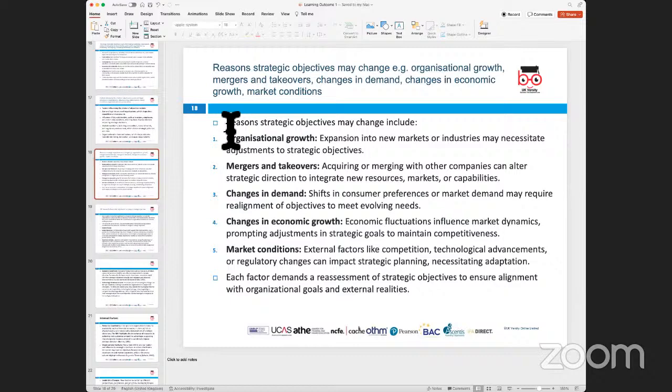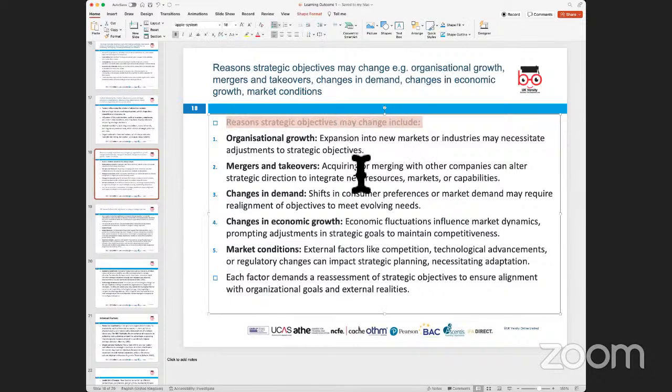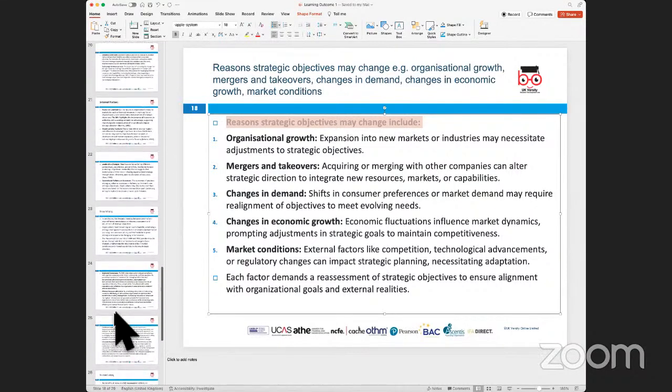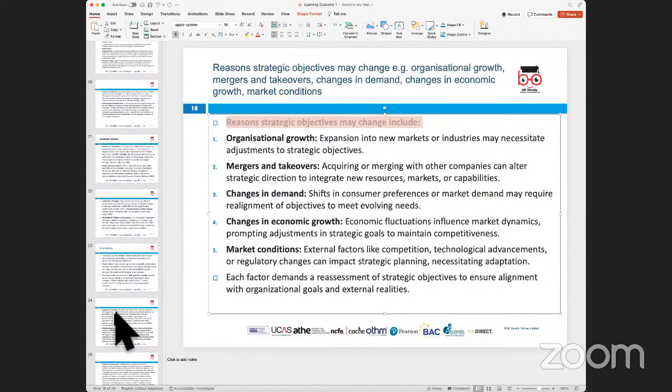Now, some of the reasons why some of these organizations are set up is what we need to cover in the merit assessment criteria, which primarily talks about assessing the factors that lead to change in strategic objectives. So if we stick to the example of Oxfam, what we do generally get to see is that their objectives over the years have changed because the organization has grown. The organization has been merged with several other charities in order to draw larger funds from different departments within the organization, and as their goals and objectives are expanded into